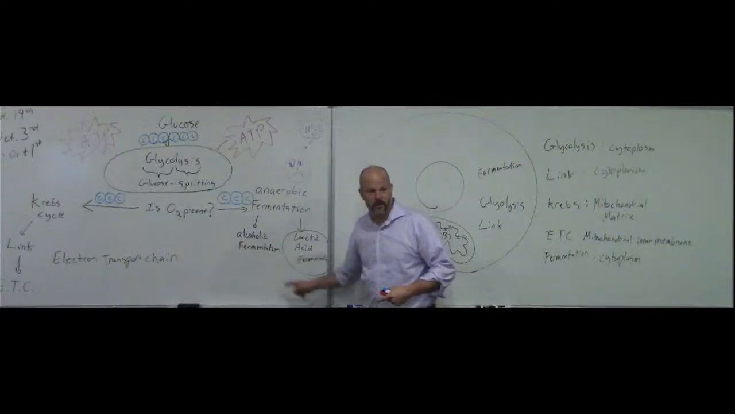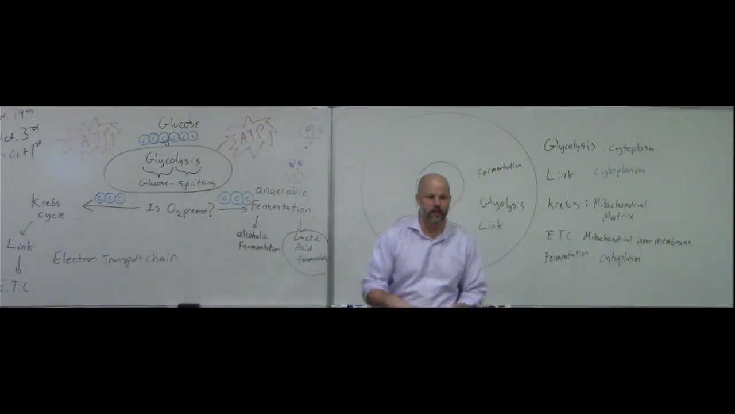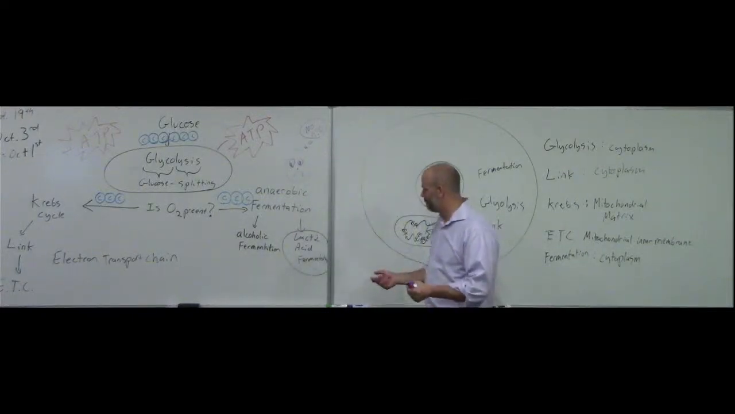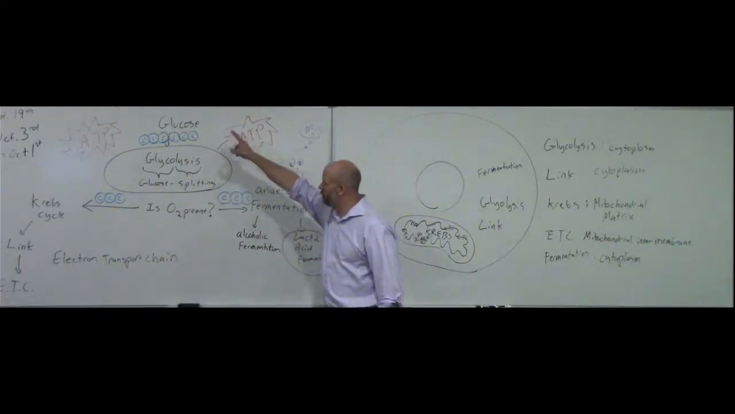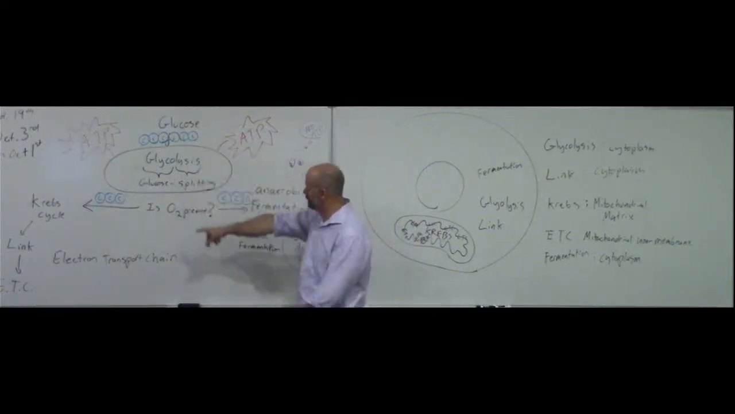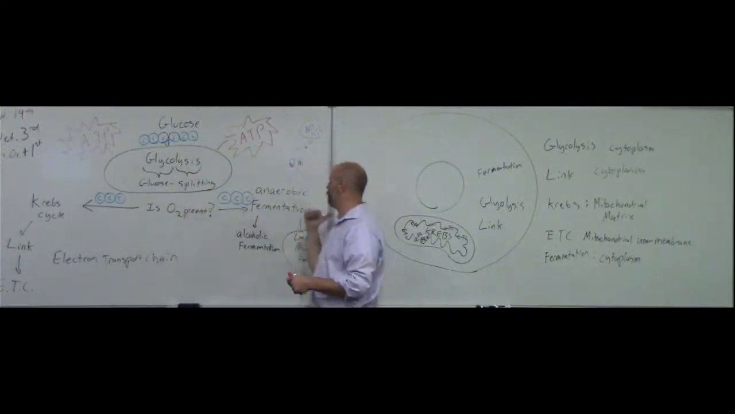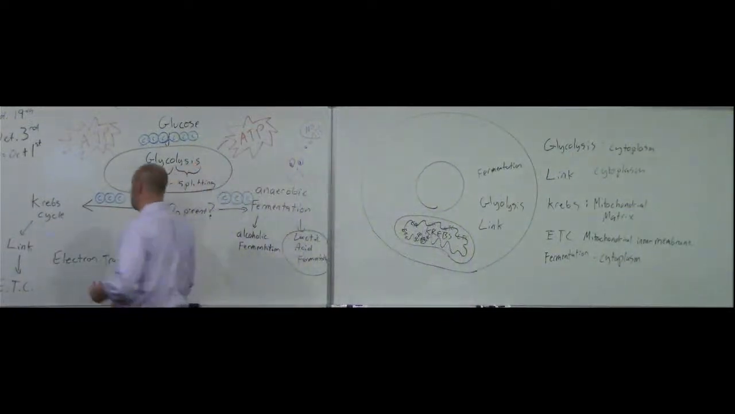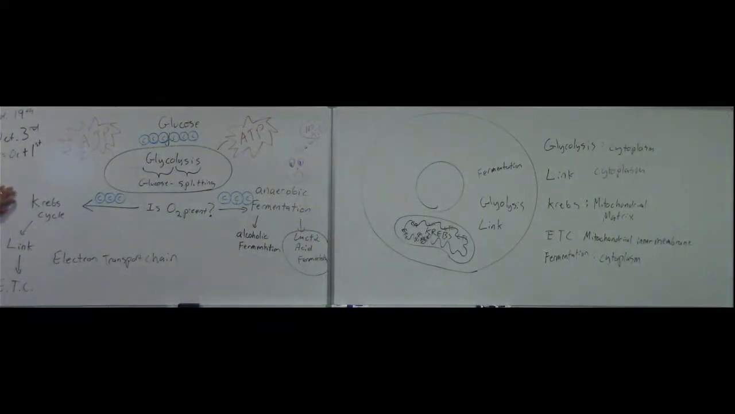Literally which one of these you do depends on which proteins you have, which depends on which DNA you have. Okay. So we go glucose to glycolysis. If we have oxygen, we go that way. If we don't, we go this way, whether it's this or this, depends on your DNA. Let's go this way. If I have oxygen, then I can go into the Krebs cycle, right? Yes? Okay. And then there's this link step, and there's this electron transport chain,